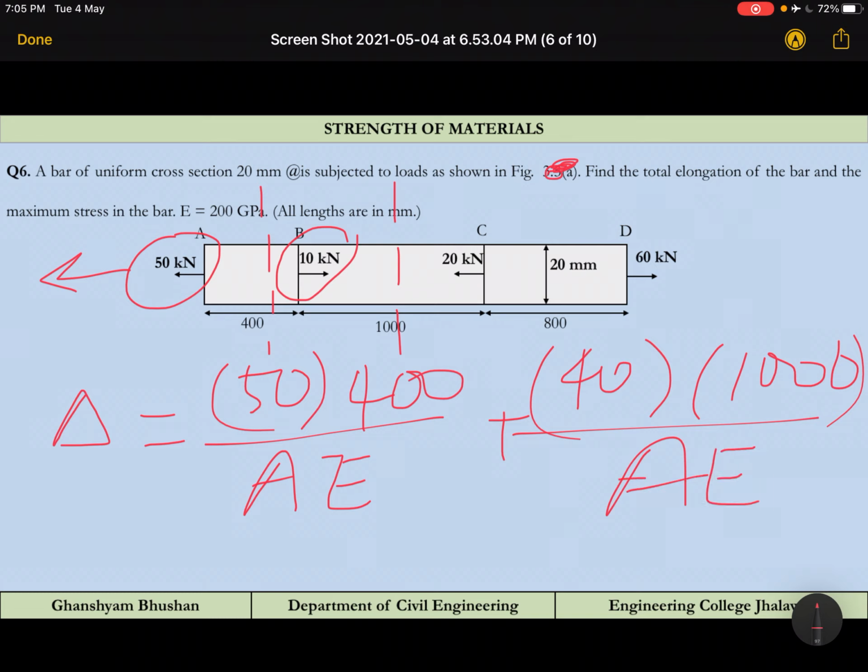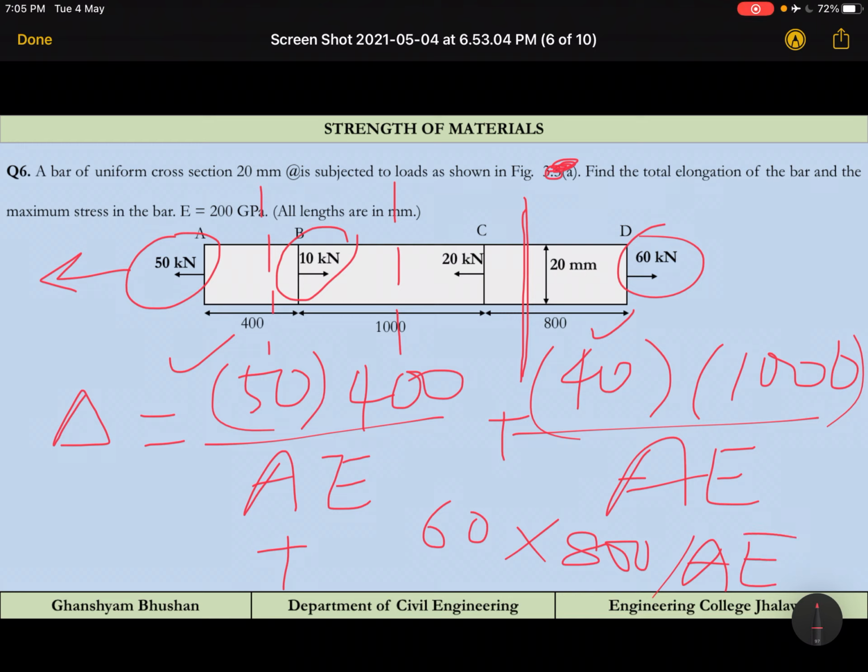So you can imagine, here 50 was coming, here 40 is coming, and from the free body diagram also it was coming 40, plus now take a cross section here. Now the leftward force again you can find, plus 50 plus 20 minus 10, 60, or from rightward also 60 is here, so 60 into 800 upon A. So both methods you can apply, there is no restriction to follow one of the methods. I have tried to explain both the methods.